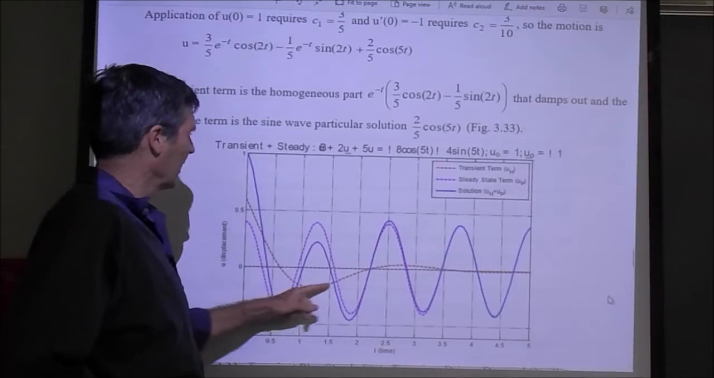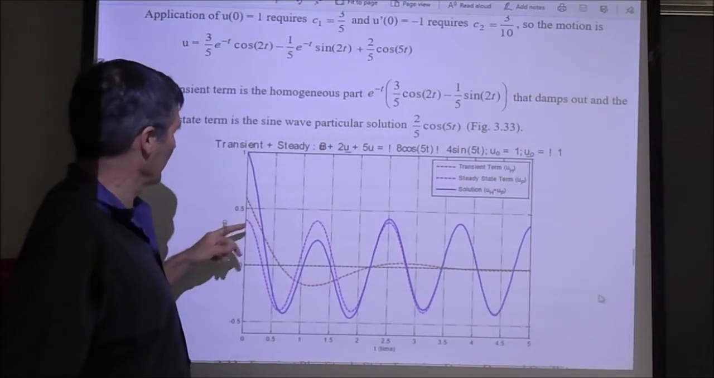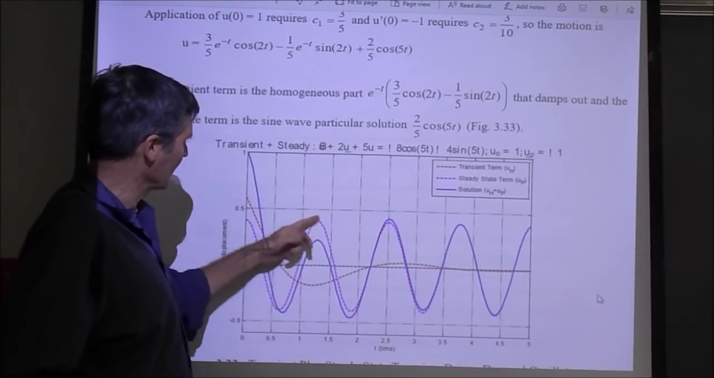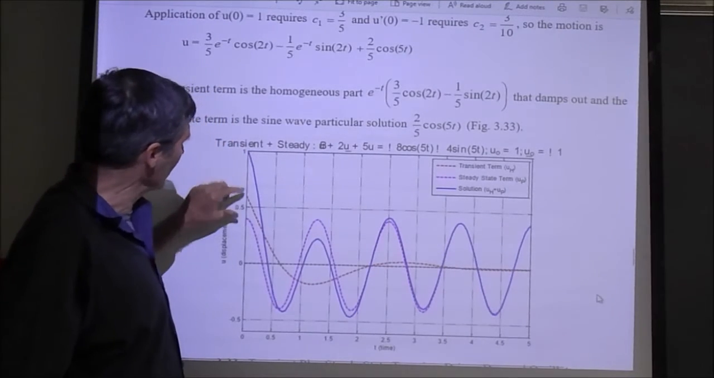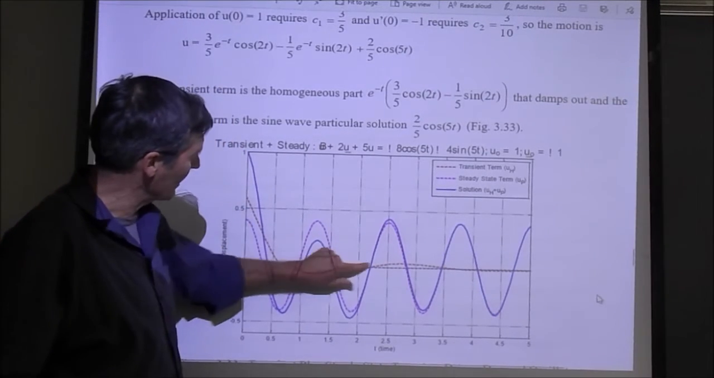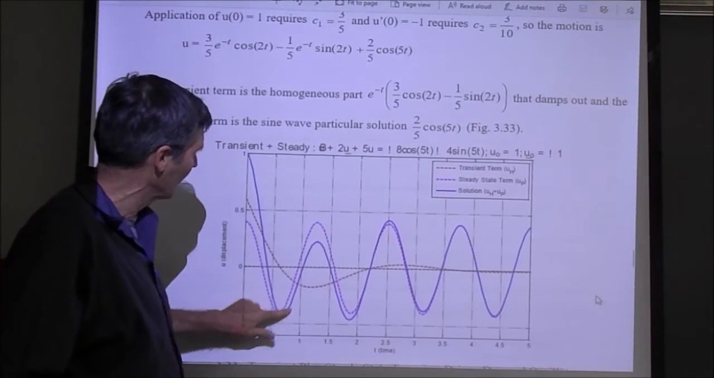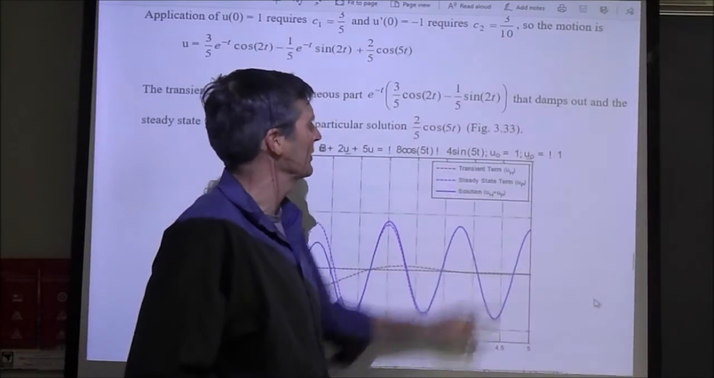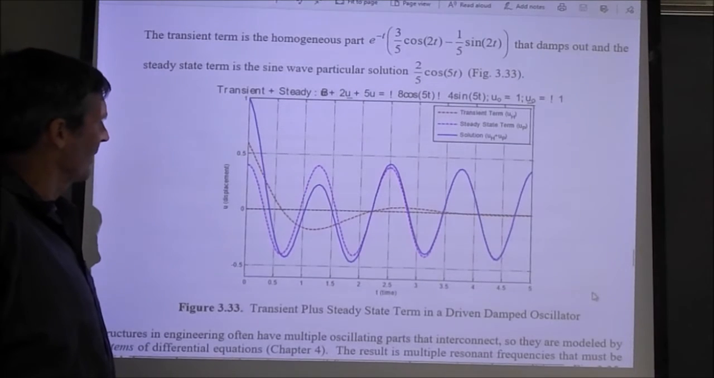This is the homogeneous term, the transient term. This is the steady state term. And when you add them together, the red one's making a smaller and smaller contribution. There's this curve, which eventually just looks pretty much like the steady state solution. So that's what happens in